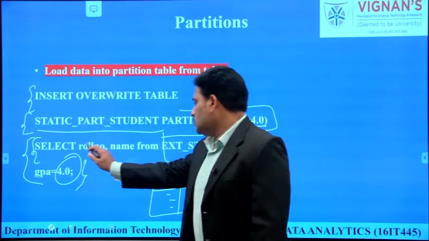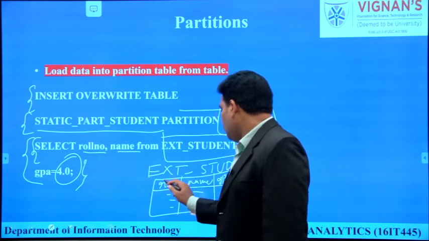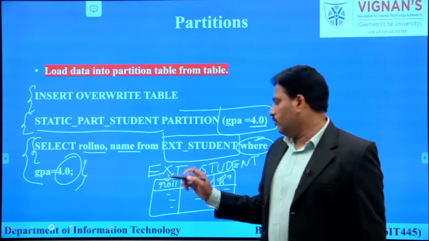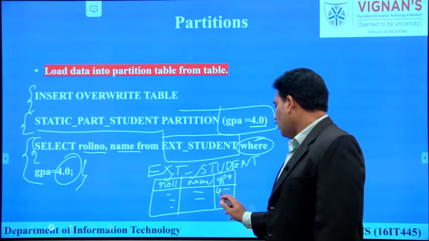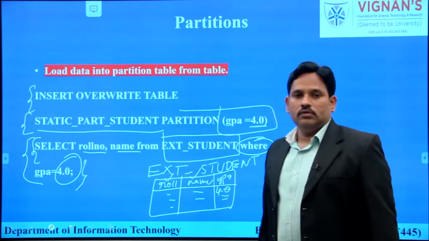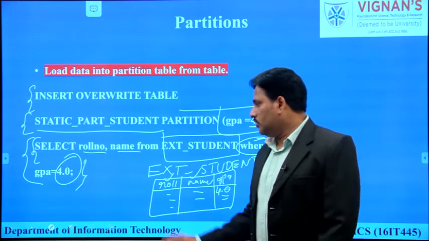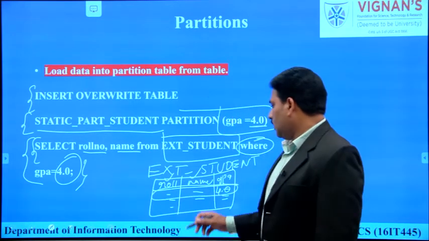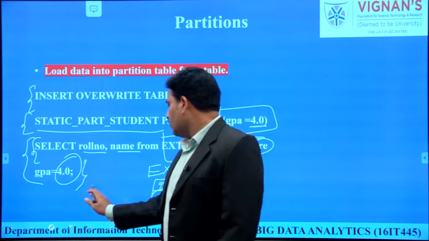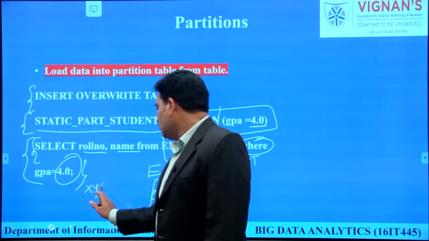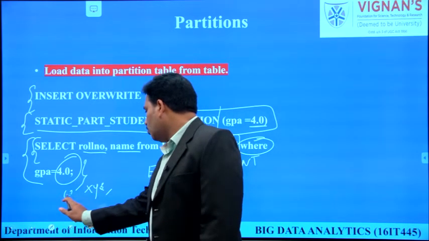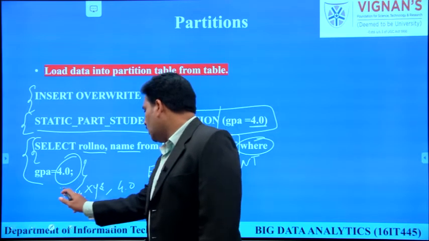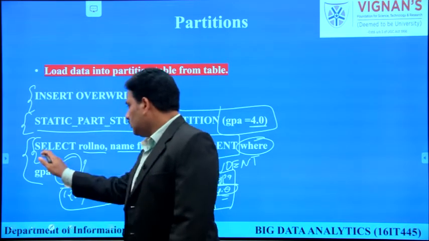The query is select roll number and name from the ext table where GPA equal to 4.0. Let us take that here we have only one row with a GPA of 4.0. Now this statement will retrieve only this first row. The first row value is like this: name of the student is XYZ, his roll number is 1214 and his GPA is 4.0. This is the record we got from the third statement.